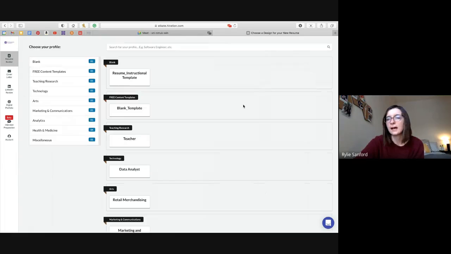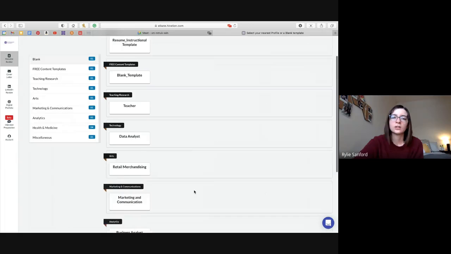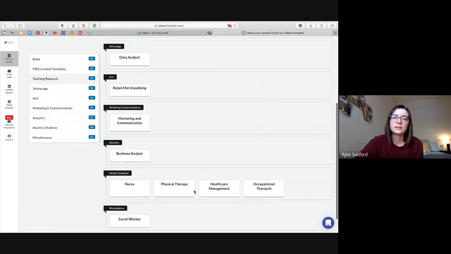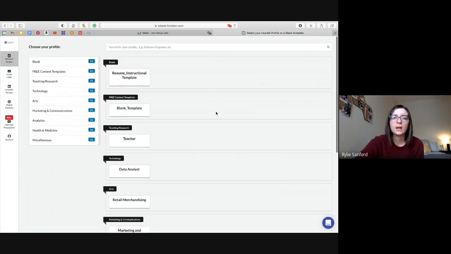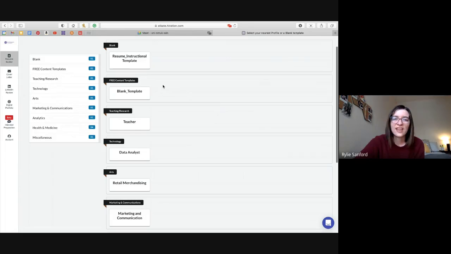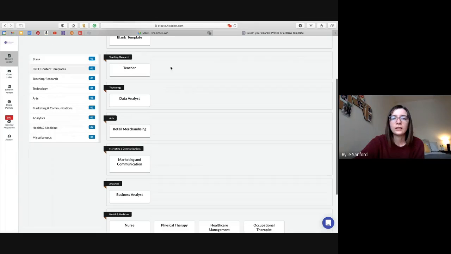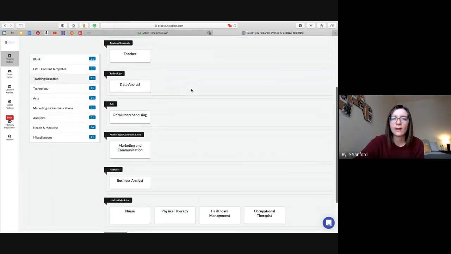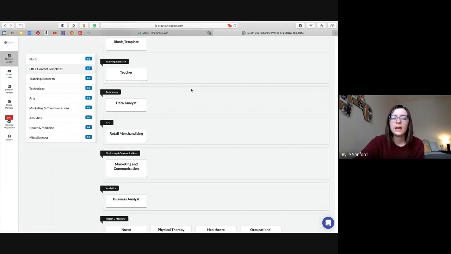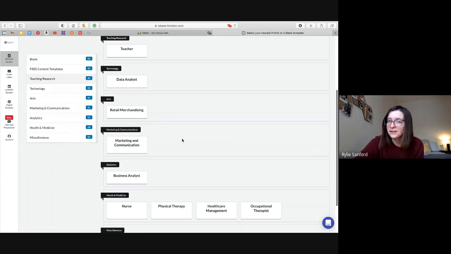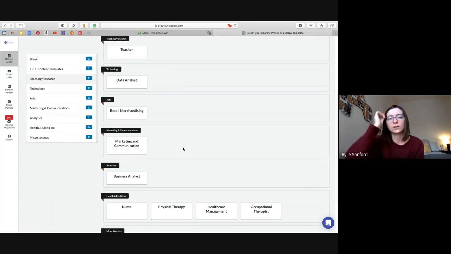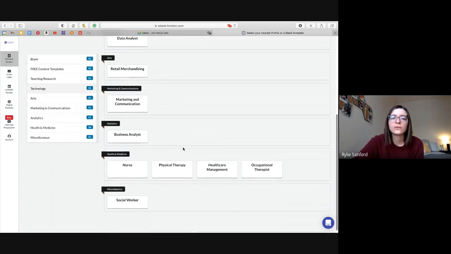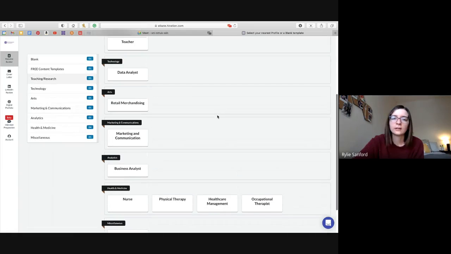So you select the design and then it'll bring you to this page, which offers different options to format your resume. The first option is an instructional template, and this just gives you a brief overview of what goes in each section. Then there's also a blank template, and then we have different careers that we thought would be useful for St. Kate students. We are adding more, so if you don't see your career on here, we might be in the process of adding it. These are just the newer ones that we have come up with. If you click on any of these, the resume will be more tailored to that career.